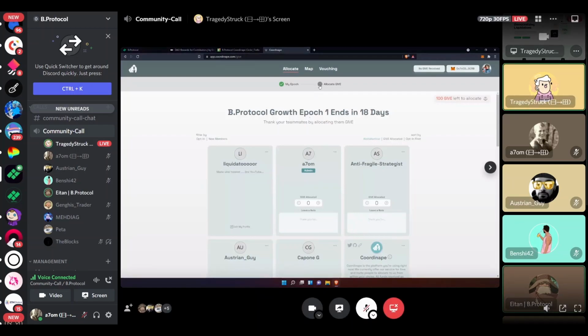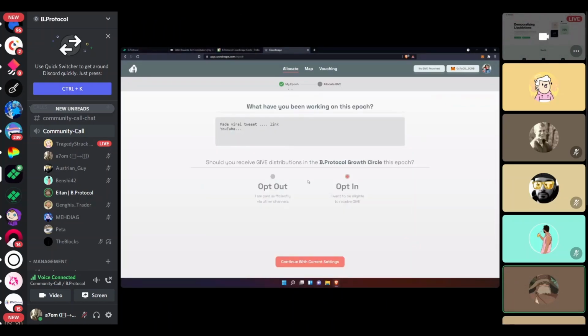Tragedy, I will just add one thing on the opt in and opt out, if you have any questions. Opt in basically means that you are participating in the circle's rewards, meaning you are accepting rewards for your contribution. Some might decide to opt out, as I did myself, as I'm part of the team and I'm being rewarded already.